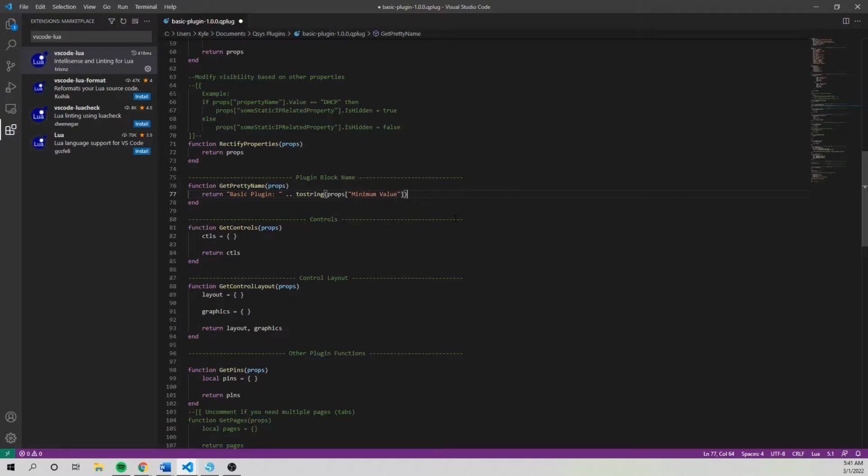This is the table that gets passed around as the design takes place and everything gets put together. It contains all of the properties previously set, and any function that uses it will generally have the same behavior as rectify properties, where it will be called anytime a property value is changed and after the block is pulled into the design. This means that values of properties are available to our pretty name and we can use them,